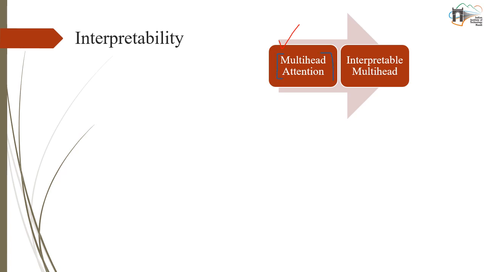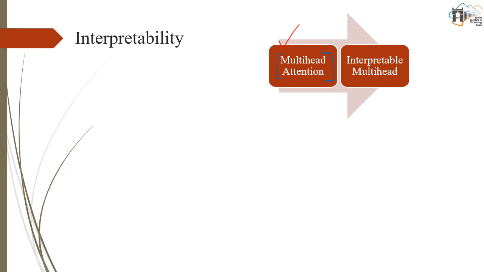So when we are getting results out of multi-head attention, that we know in our transformer paper, that is "Attention Is All You Need", we discussed it in that paper, that was in 2018, I think. So yeah, that multi-head attention is very good at capturing the dependencies of our data in the previous time steps, or we can say the previous inputs. It was very effective, but the only issue was it was not so interpretable. That much interpretability it doesn't have.